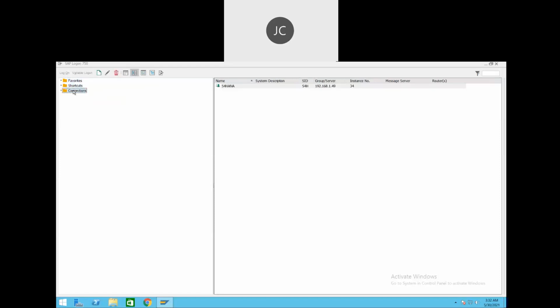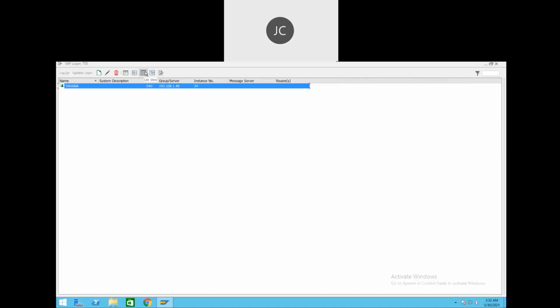If you have several systems, like right now for practice we don't have that many, but when you are working, you'll have so many systems: a development system, a quality system, then a production system, and you might have sandbox systems too. You might want to categorize them under some folders so they have a better place. So you can play with these views in this GUI interface.